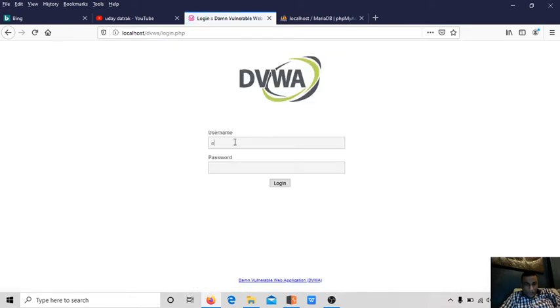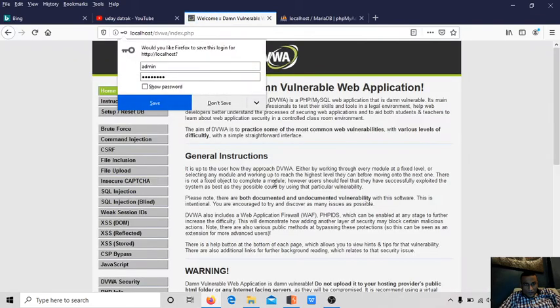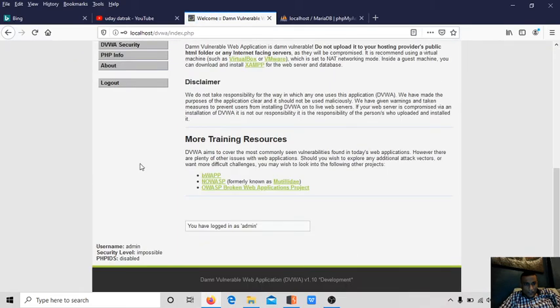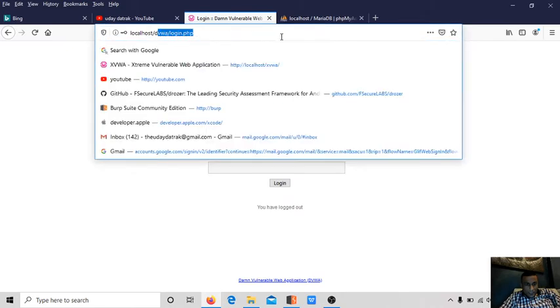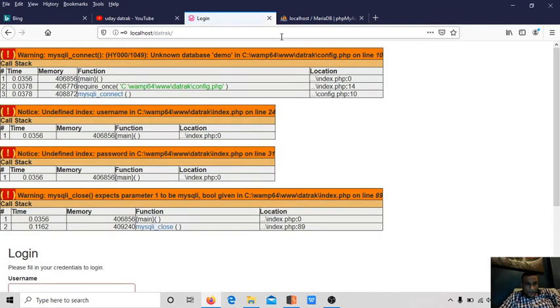Oh, now okay, username is admin, password is password, I remembered last time, this one. Wow, we successfully logged in. This application is also working. One more application, Datruk. There is an unknown database demo. Okay, we'll create it just like that.